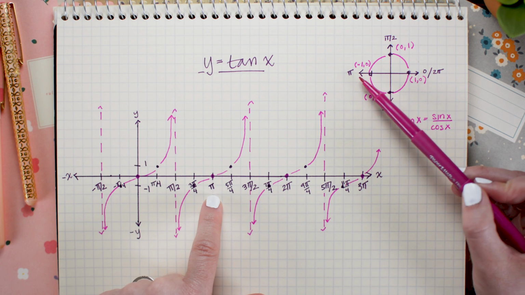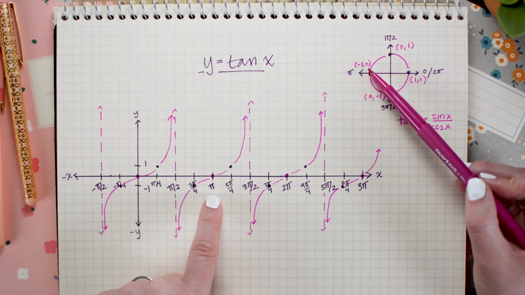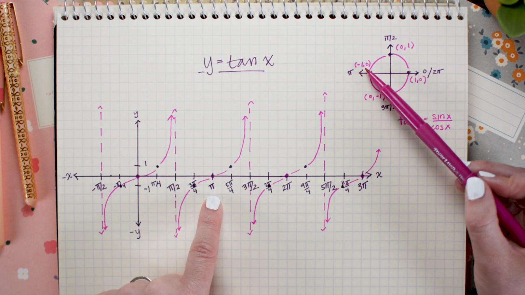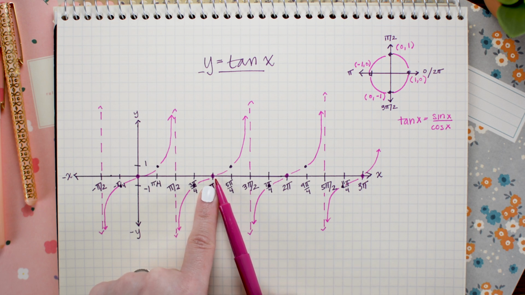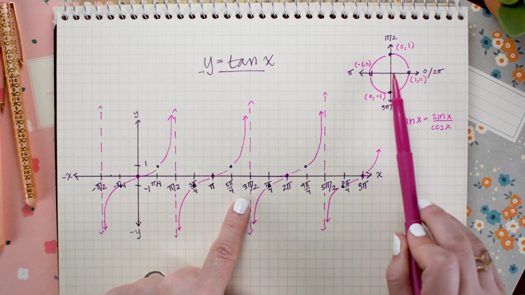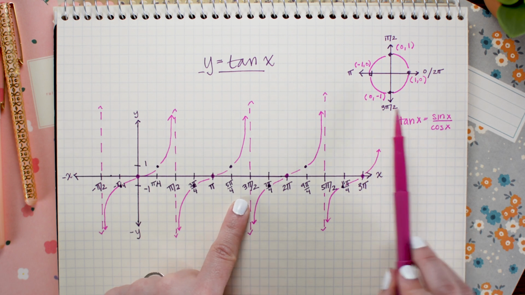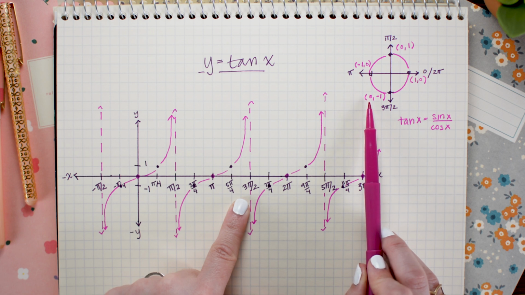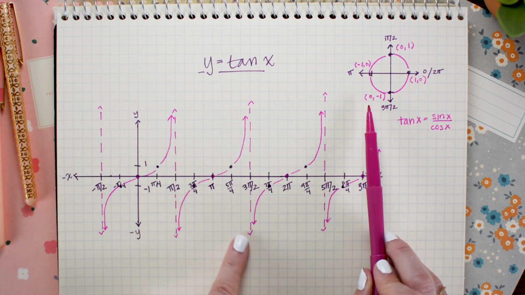Here is pi radians on my unit circle. I take the y value, 0, and divide it by the x value, -1. And I get 0 divided by -1, which is 0. Here I have an output of 0. Then when we go to 3 pi over 2, that's down here, and we see once again we get that divide by 0 error. We have a y coordinate of -1 divided by the x coordinate of 0. -1 over 0 is undefined, and that's why we have our asymptote showing up here again in the graph